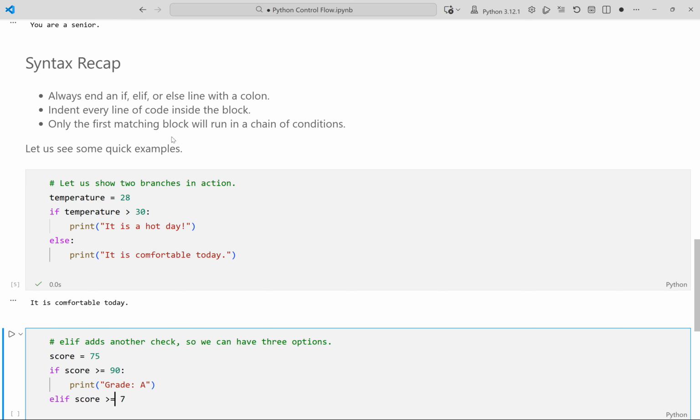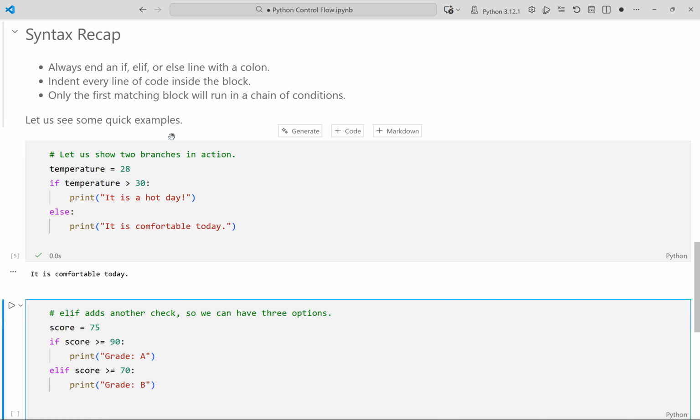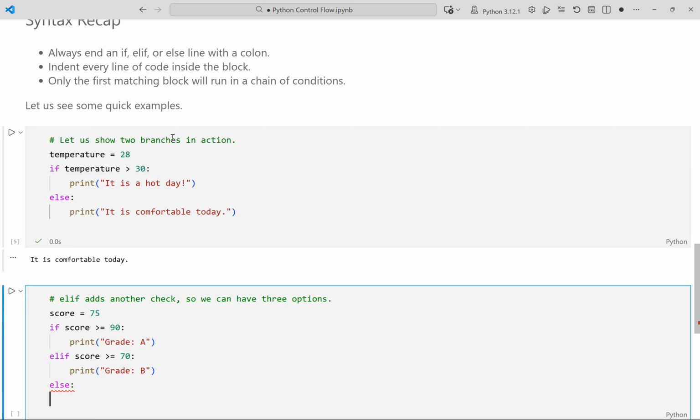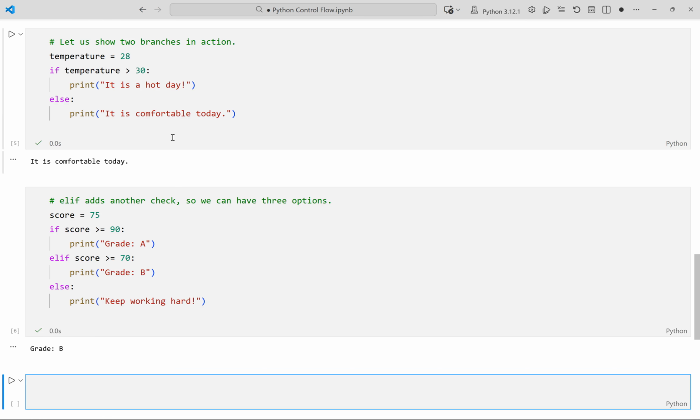Otherwise, check if the score is 70 or higher. If that condition is true, print grade B. If neither condition is true, run the else block. In else, print encouragement to keep working hard. Running the cell now. The output, grade B, shows the result of the code checking multiple conditions using if, elif,